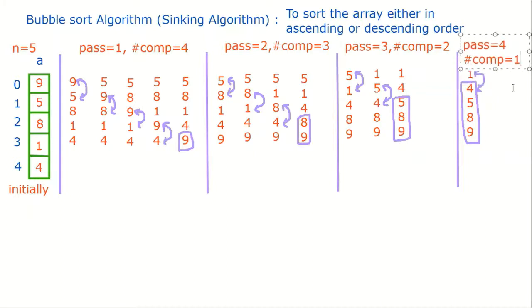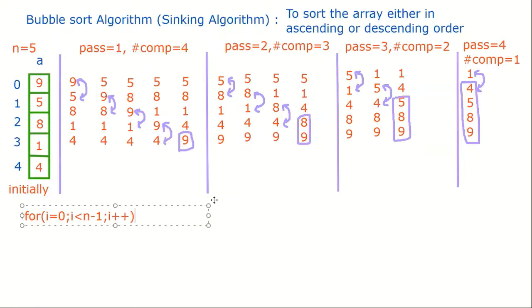And we have to decide to stop our bubble sort because the number of comparisons made is 1. How to put this into the programming representation is the question. So let us see the representation. Number of passes is 1, 2, 3, 4, 4 passes, and number of comparisons is being decremented. The sequence goes like this. For i is equal to 0, i less than n minus 1, i plus plus.